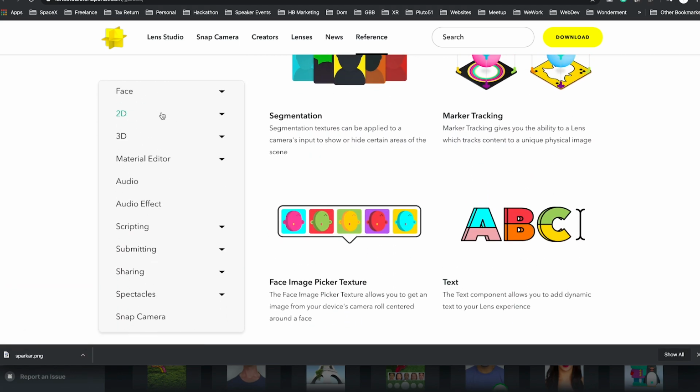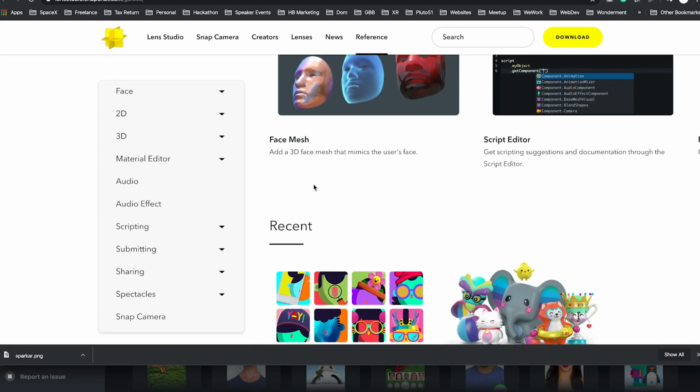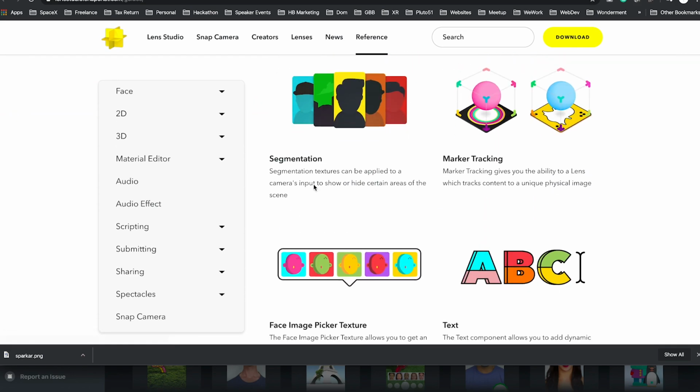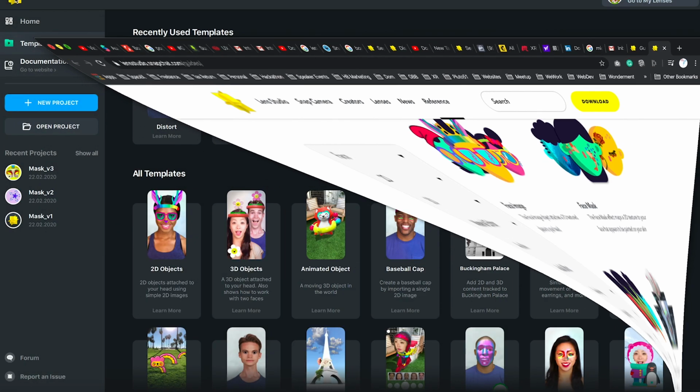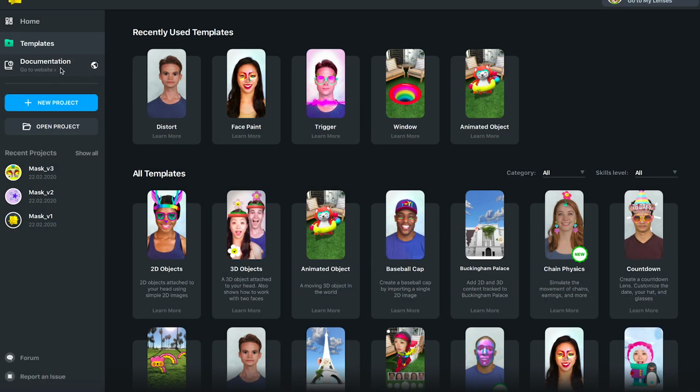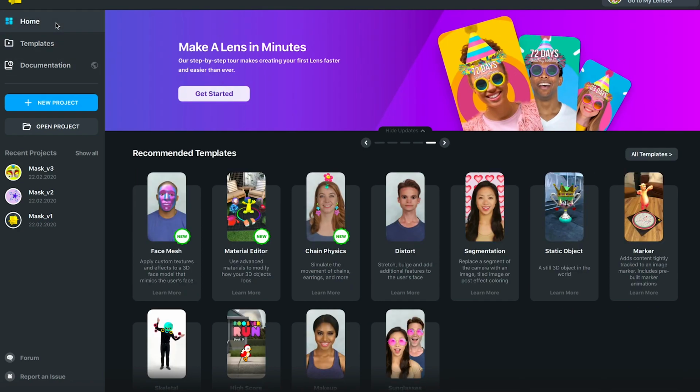It has a lot of materials for you to learn. So you can take a look at documentation, and we are going to talk about the